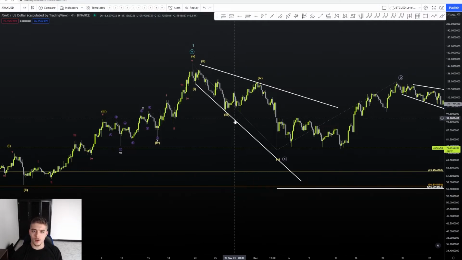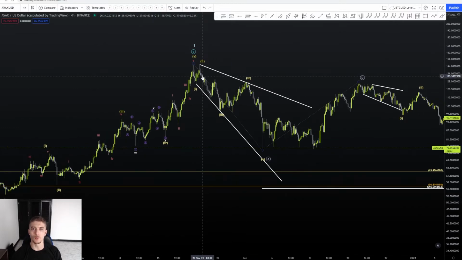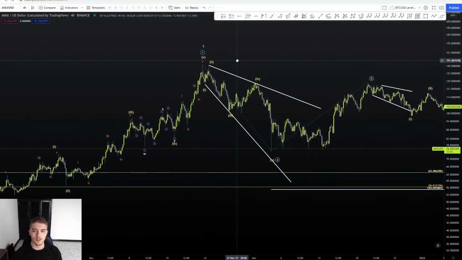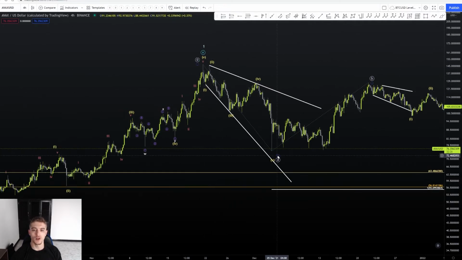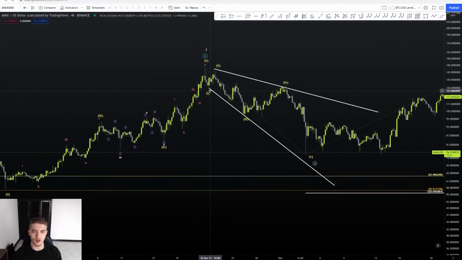Now I was trying to think of a way you can count this without calling it a diagonal, and it's pretty hard to do. You can't really do that nicely while obeying all the Elliott wave rules. So I think the alternative best way to count it would be saying this is a 1, 2, 3, 4, 5, down for an expanding diagonal, and it works out because this wave 1 is shorter than this wave 3,